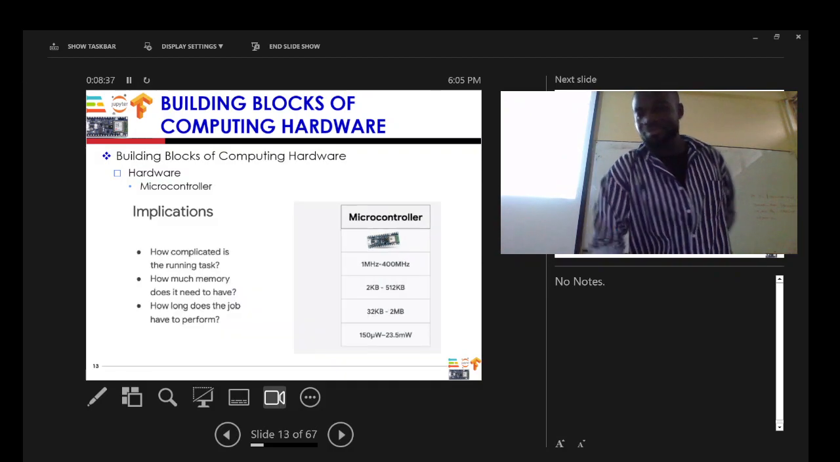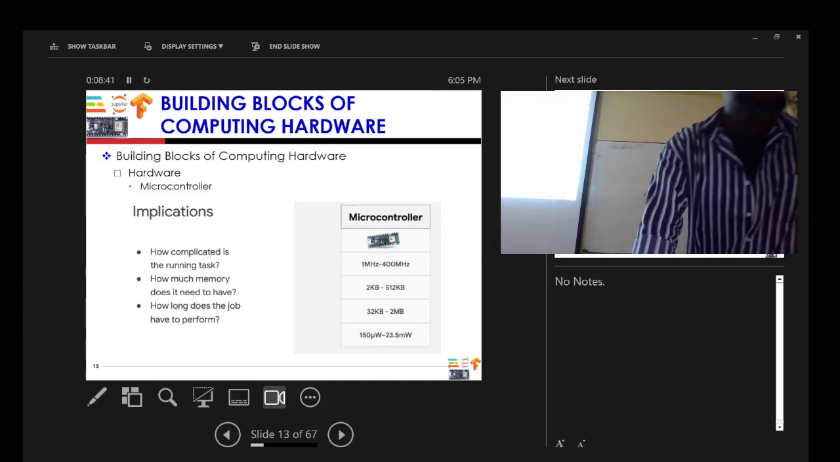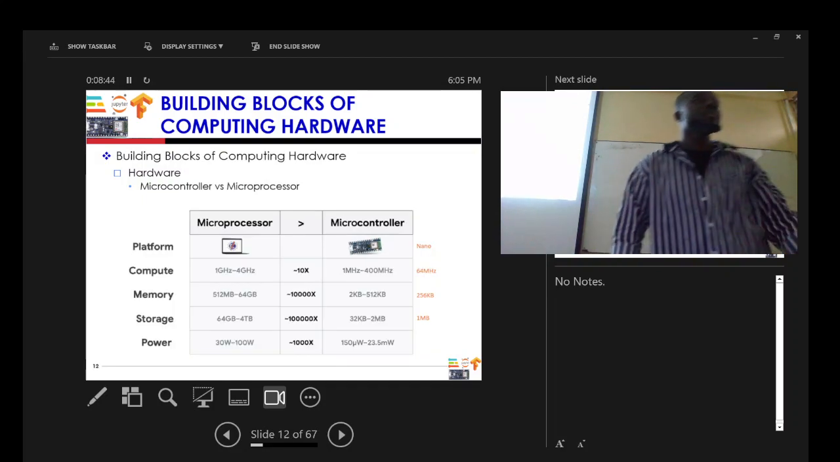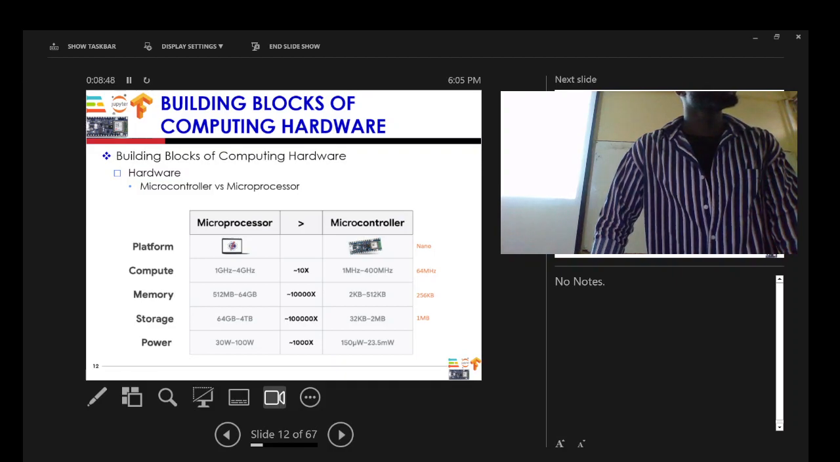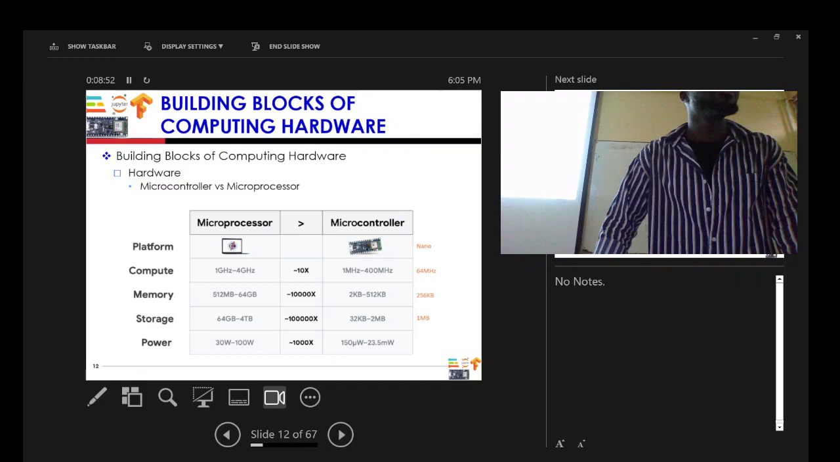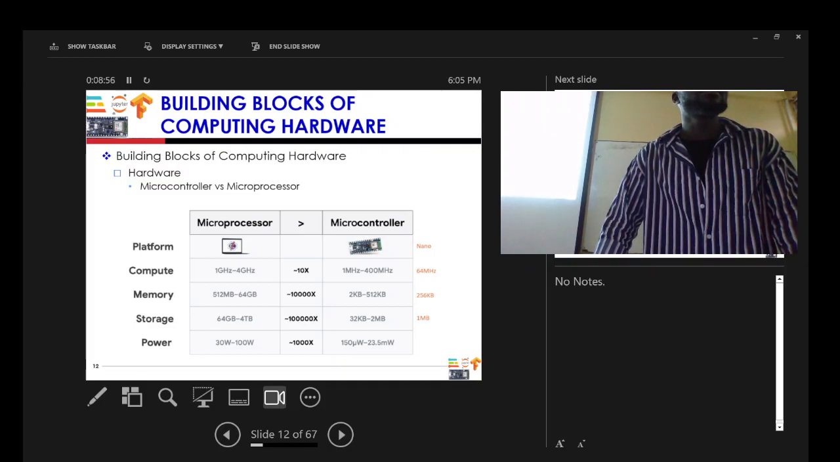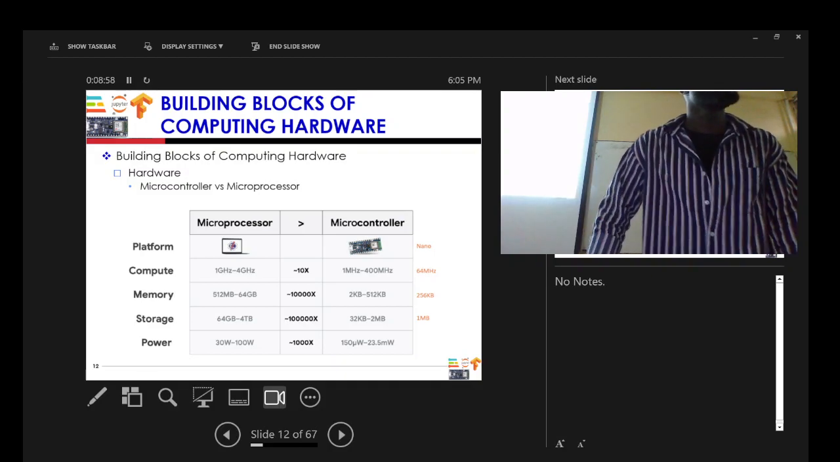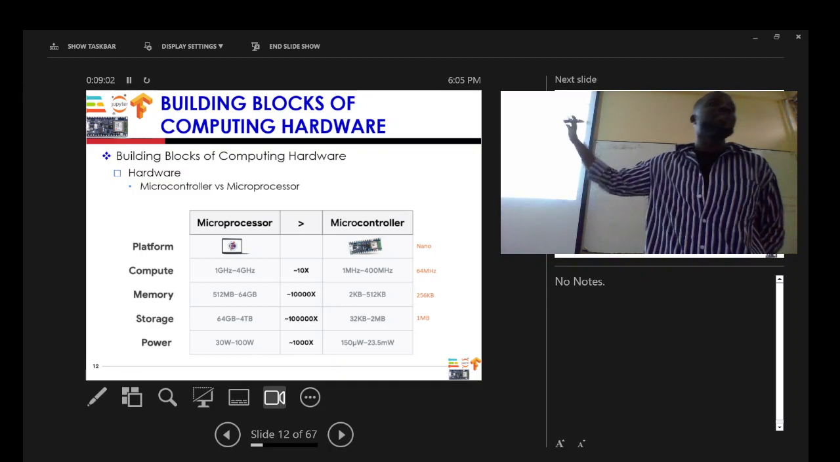So, sir, you said when it comes to power, is that not an advantage over the microprocessor? You mean the microcontroller is more energy efficient? Yes, but